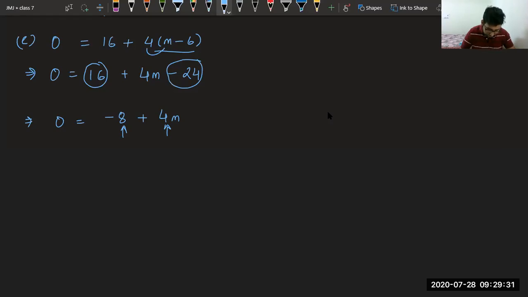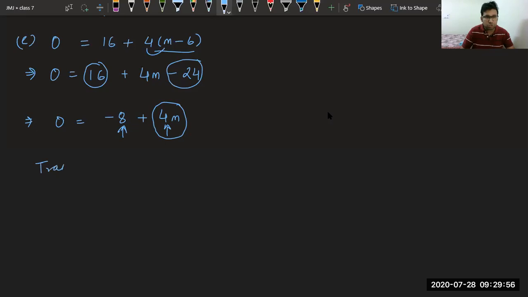Please confirm, all of you. Very good. Those who are saying 4, beta, you are wrong. You cannot take 4 to the left side first, because I have told you earlier also, this 4 is very close to m. We cannot take this 4 first. We have to take this minus 8 first, because the bonding between this and this is less. This minus 8 will be taken.